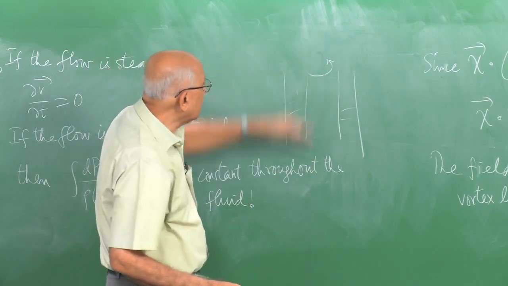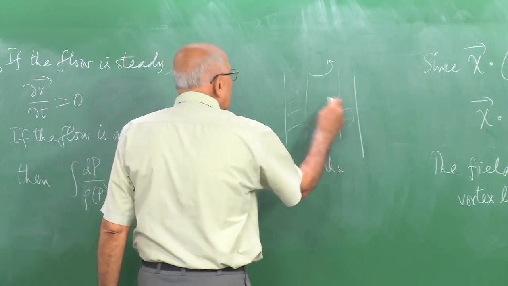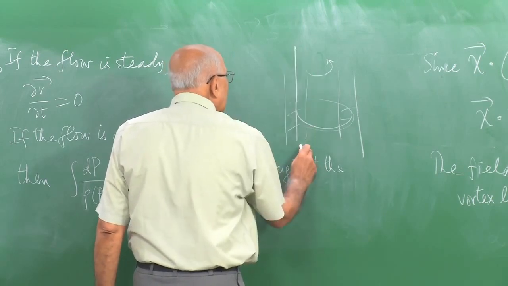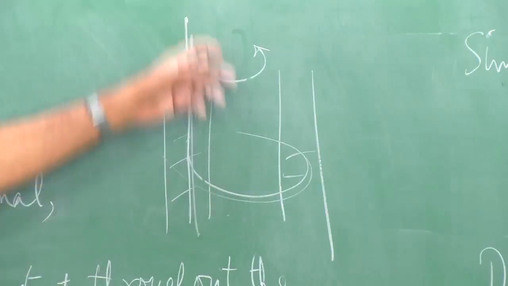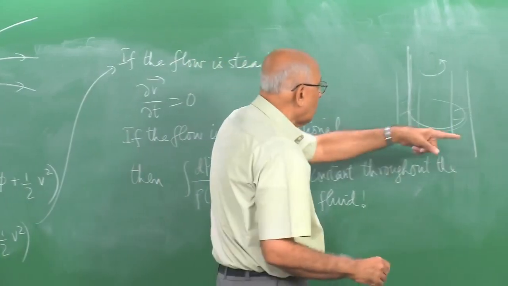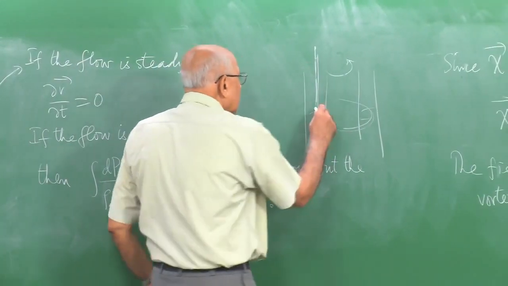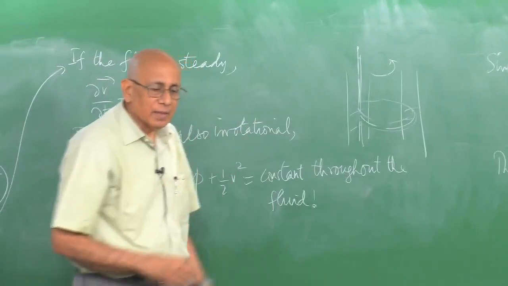There is no flow in the z direction at all, and then each streamline is a circle of some kind like this, and each vortex line is a line along the cylinder formed by these little rings here. And now you are told that this combination is constant along this line, it is also constant along this line, therefore it is constant along that line and so on, and therefore you have exactly the same value